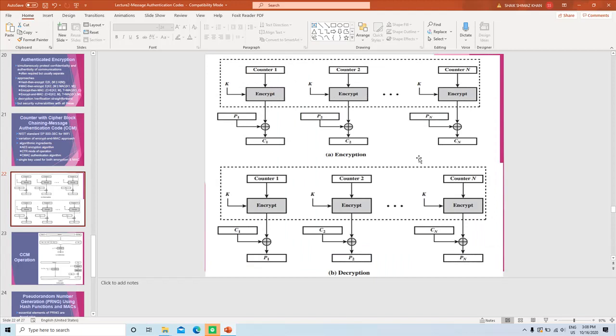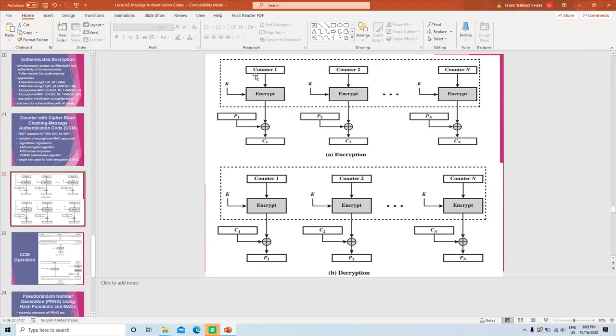This is a technique of doing encryption. So we have some encryption algorithm. For the encryption algorithm, some counter values are generated: counter 1 value, let us assume 1, counter 2 value, let us assume 2, counter 3 value, let us assume 3. So some counter values are generated and this counter value goes as an input into the encryption algorithm along with the key. The key length and the counter value depend on the type of encryption algorithm used, for example AES,